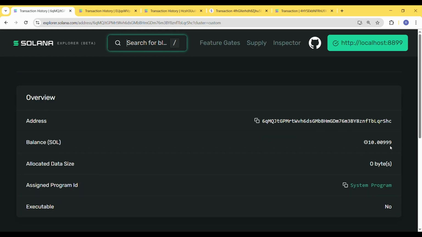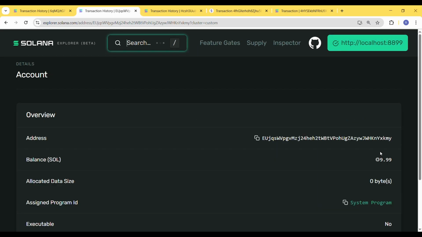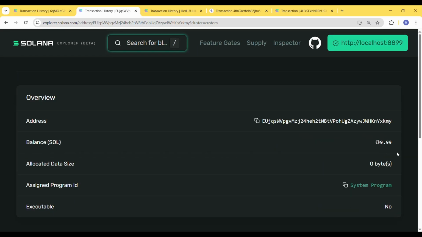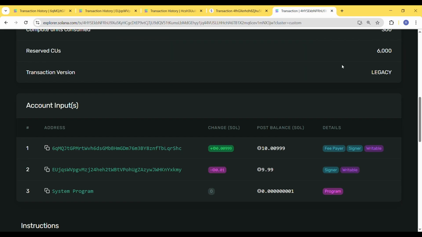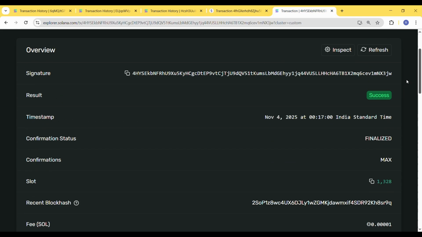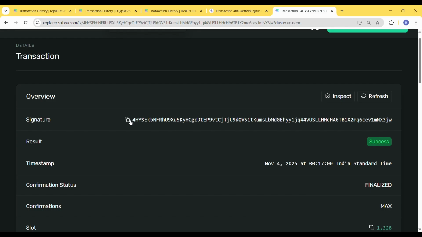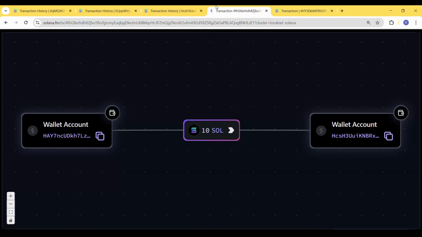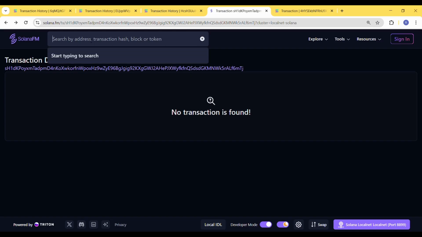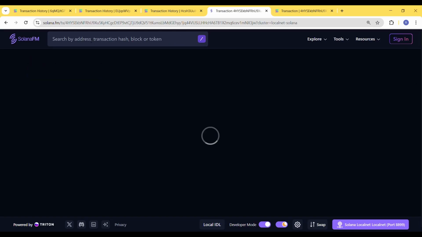Here you can see 10.99, 10.00999, 9.99. And let's do one thing. Let's copy the transaction hash from Solana Explorer and see how it looks on Solana FM and see the advantage that it shows. So Control V,